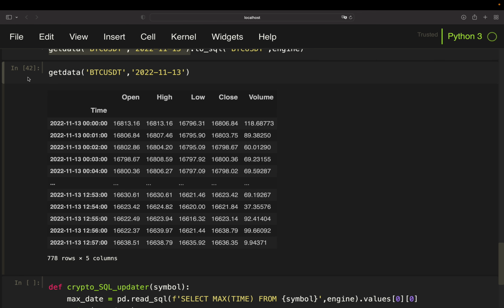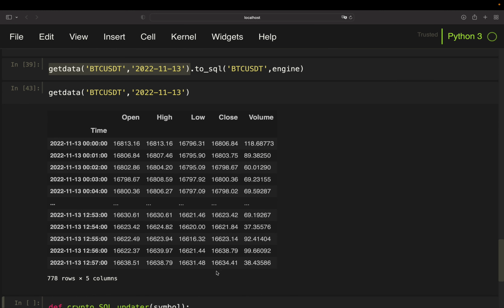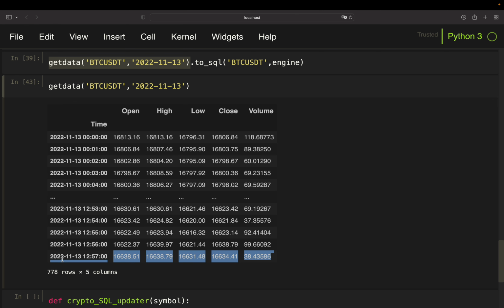If I call that again, just remember this value 16636. You see 16634 now, right? So this is changing, and you don't want the intra-candle price, but you want to have the last price. So I would always exclude this row here when you are setting up an intraday